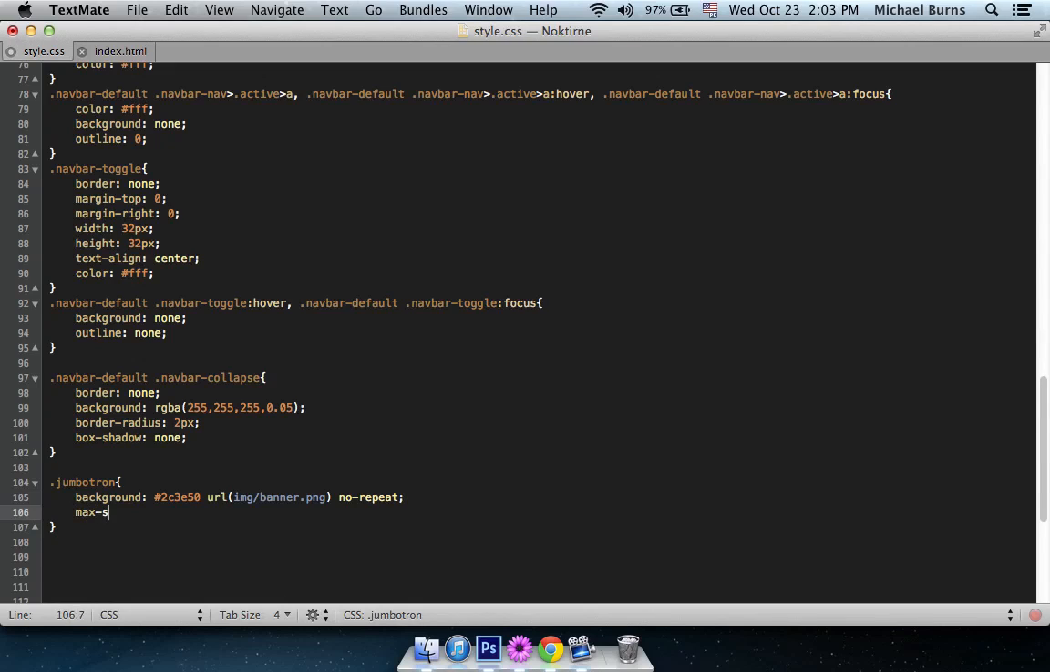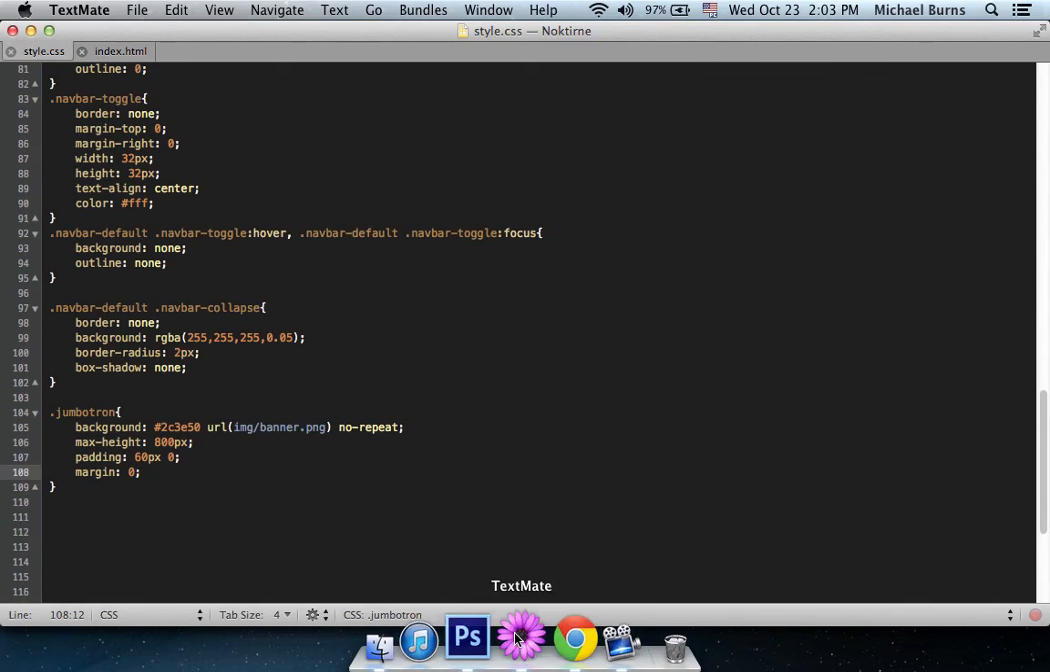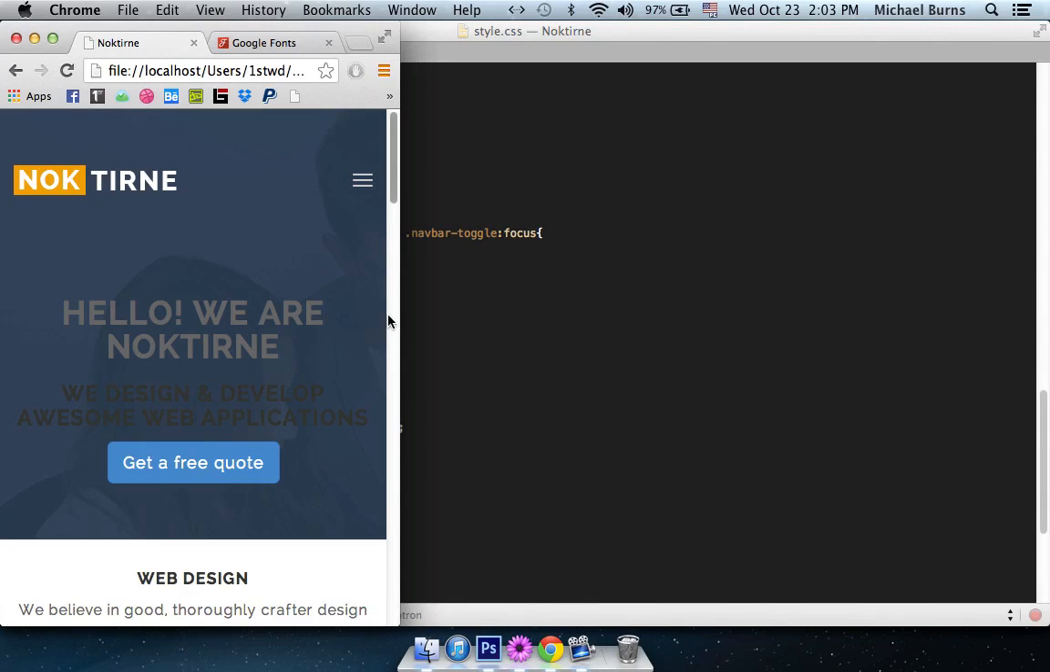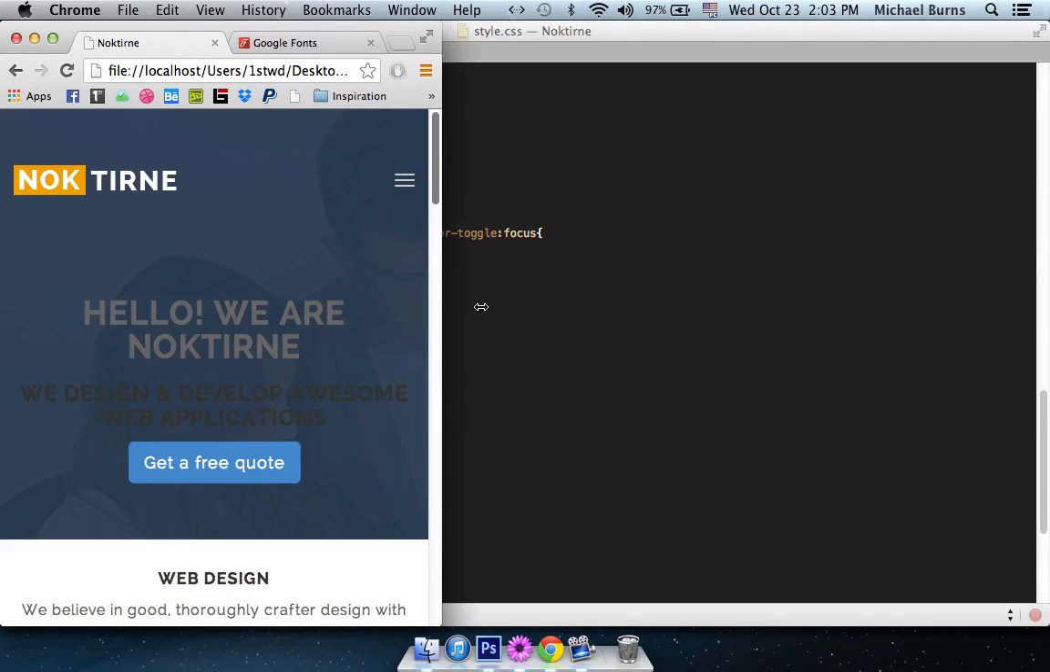Then let's set the max height for this one 800 pixel, and padding for this, as I said earlier, will be 60 pixel on top and bottom, 0 left and right, and remove the margin as well. Save it and let's preview. Now as you can see, the background is applying,